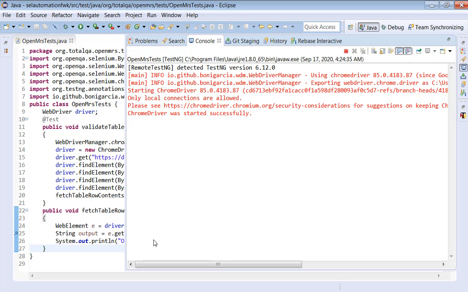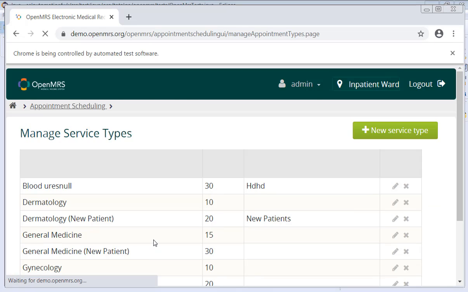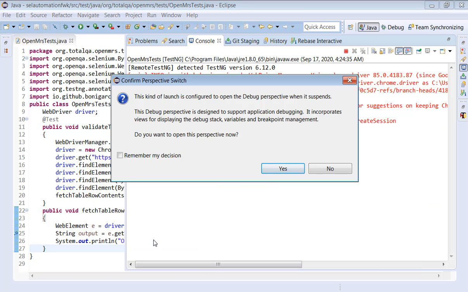So the program started executing now. It is going to start the browser successfully. Let it execute. Okay, the browser has started successfully and it is trying to launch the browser, enter the URL. Now, once it is trying to fetch the values and execute step by step, as I put a breakpoint, we get this dialog box.